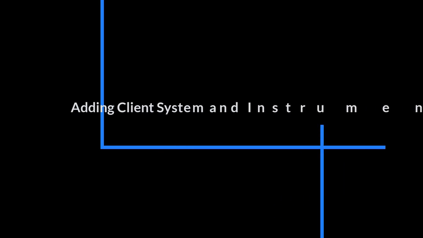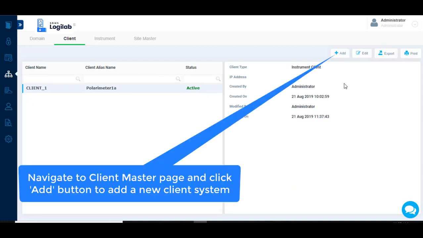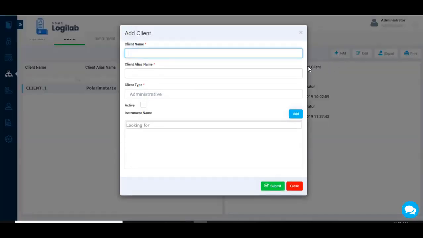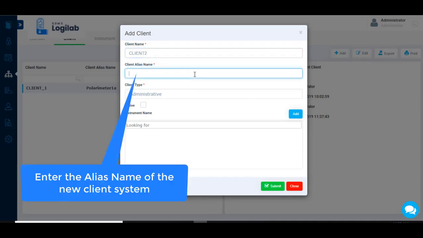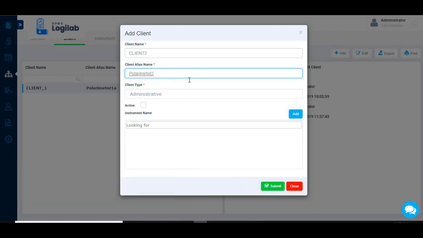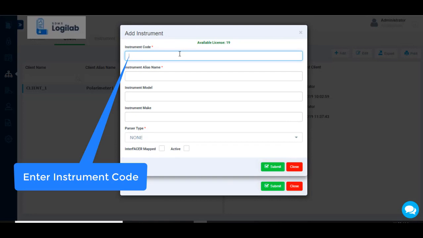Let us see how to add a client system and instrument together. Navigate to the client. Click the add client option. Enter the name of the new client system. The client alias name you need to enter. Click the active. Click the add button here, and that will take you to the instrument dialog box in which a new